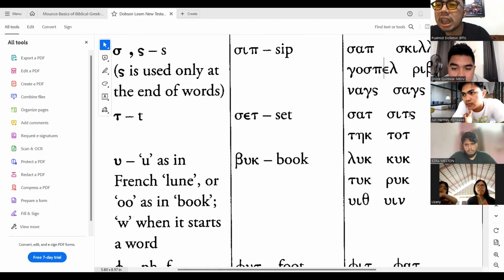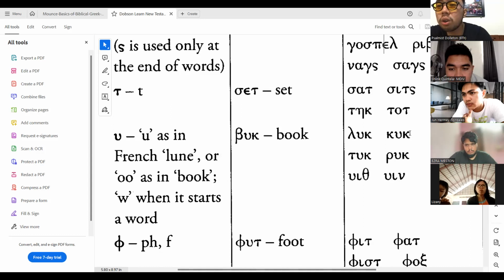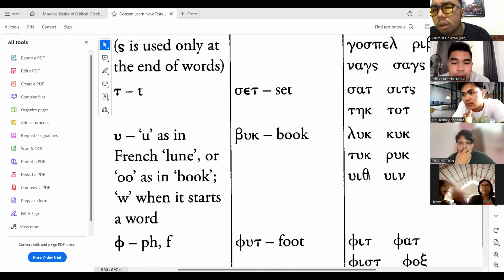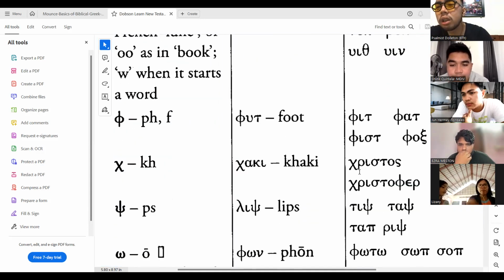Sits, take, tot, the upsilon, look, cook, took, rook, with. So this is a diphthong, with, win. And then the use of the phi, fat, fayat. Sorry, this is fist, fox,